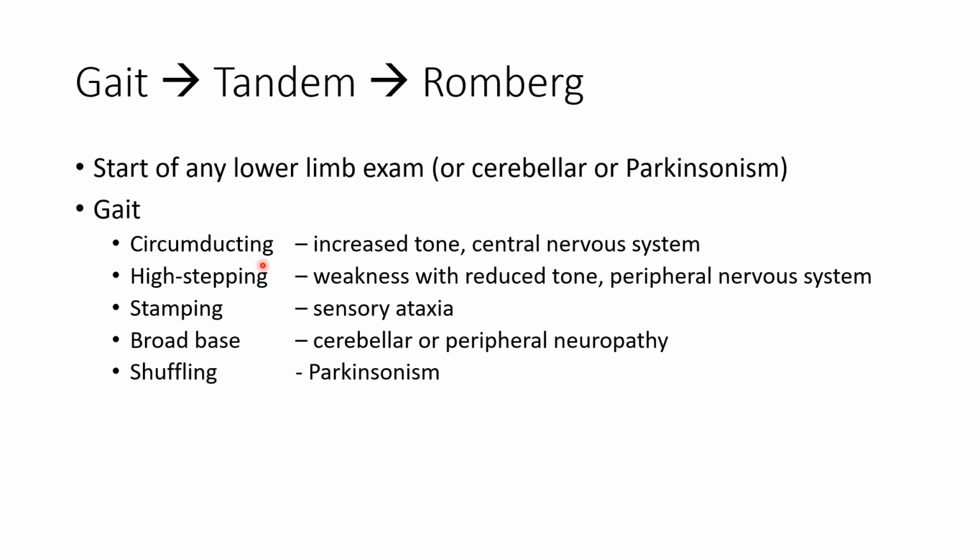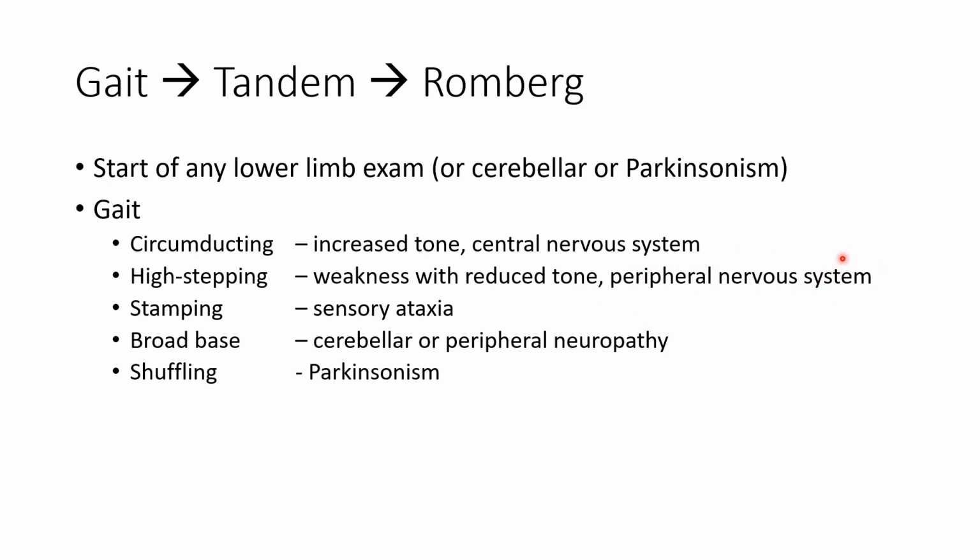Whereas with a CNS lesion due to increased tone, people struggle because bending the knee is difficult, as the extensors are overpowering the flexors. With a high stepping gait, it's just easier to bring the leg through straight. You'll also see that there might be difficulty of ankle dorsiflexion, so the ankle will be plantar flexing just due to weakness of dorsiflexion rather than increased tone of the plantar flexors. And this would indicate that you're operating somewhere within the peripheral nervous system,